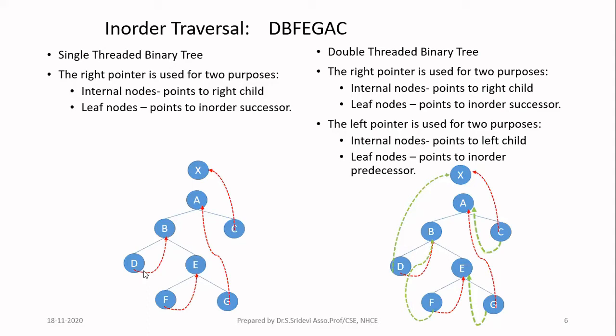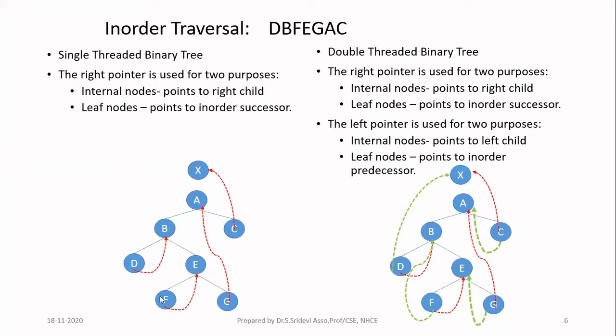I'm considering node D. Go to the in-order traversal and find out the successor of that node. In the in-order traversal, the successor of D is B. Therefore, the right pointer should point to B. Now you can see the arrow direction is an upward arrow. For the link, we represent only downward arrows for a normal child, but it is a thread, so we will represent it by means of an upward arrow. So D is now pointing to its in-order successor B. Then don't do anything for the left pointer because it is only a single threaded binary tree.